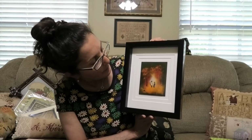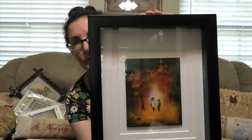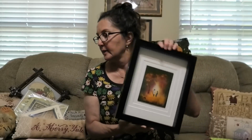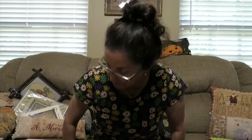So this is going to go on my wall somewhere. And there was just something about it, something about the fall colors. It's so beautifully done. I mean, this is a real piece of art. Sometimes you can find amazing things, you just have to look. Haven't been going to thrift stores that much because of COVID, so...